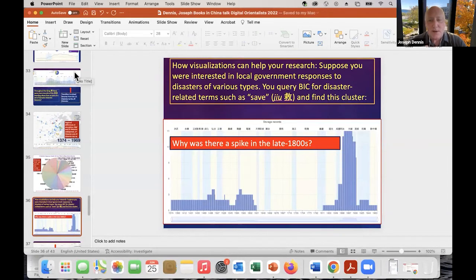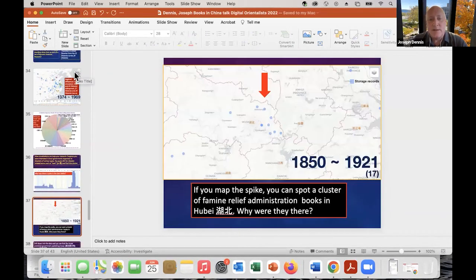You can also do all kinds of other things. Let's say you were interested in disasters in China, and so you search for a term like save, which is common in books about disasters in the title. And so you spot this spike in the late 1800s and think, well, why is there a spike in disaster titles in this period? So then you can map them all, and what you see is there's this big cluster in Hubei province of books having disaster in the title.